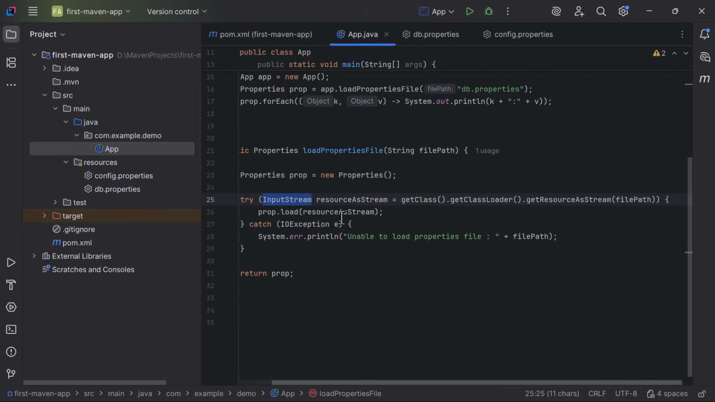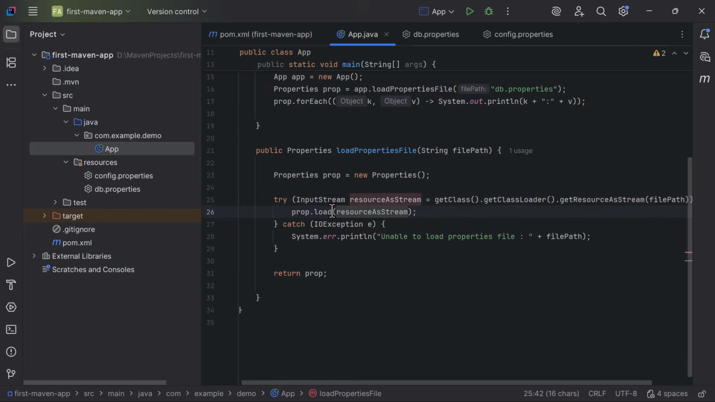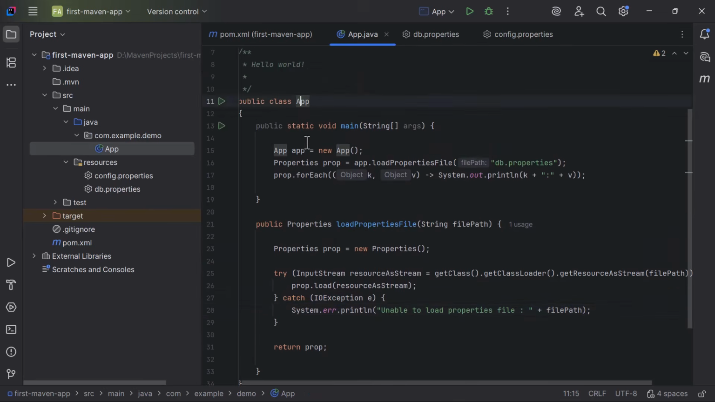Inside the try block, call prop.load and pass the resource as stream. This will load all key value pairs from the properties file. If an exception occurs, catch it using catch (IOException), and inside the block print an error message. We now have a complete Java class that loads the db.properties file dynamically based on which Maven profile was